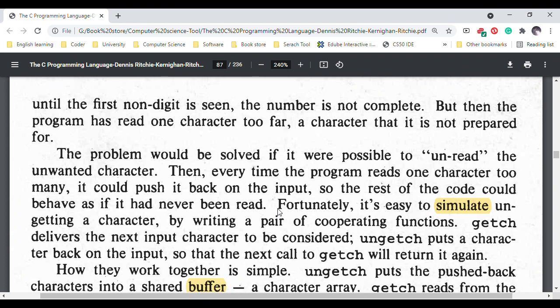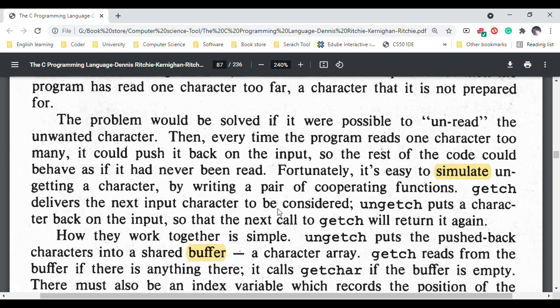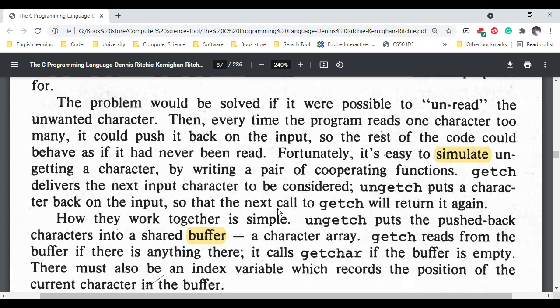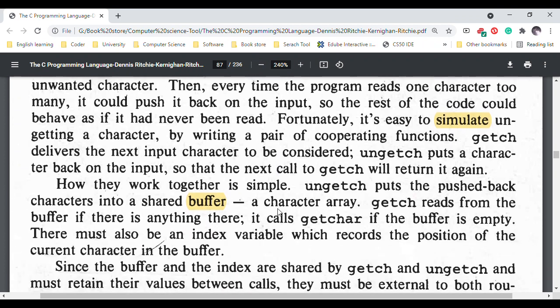The problem would be solved if it were possible to unread the unwanted character. Then, every time the program reads one character too many, it could push it back on the input, so the rest of the code could behave as if it had never been read. Fortunately, it is easy to